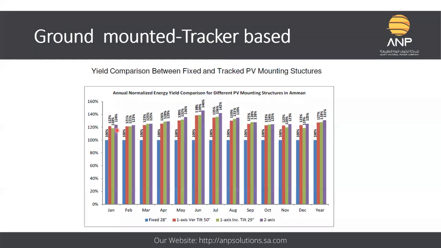There will be almost 24%. For example, in the month of Jan, there will be 24% more energy generation from a dual axis tracking system. But if you use any new technology, there are some limitations and some advantages. The advantage of this is that the generation is more, but another point is that the operation and maintenance cost of